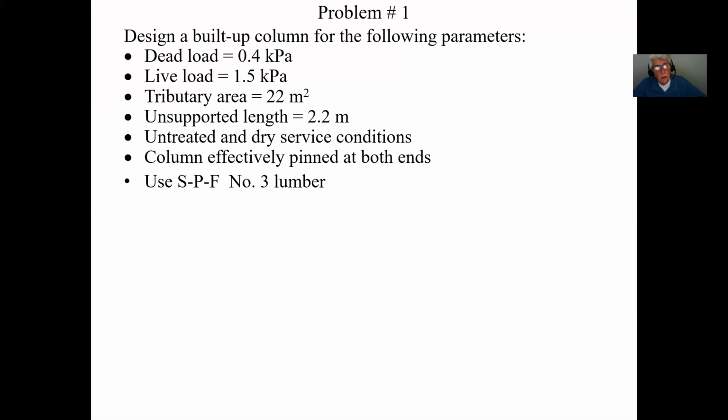Okay, so design a built-up column for the following parameters. We had a dead load of 0.4 kPa, a live load of 1.5 kPa, a tributary area of 22 square meters, an unsupported length of 2.2 meters, untreated and dry service conditions, column effectively pinned at both ends, and of course use SPF number 3 lumber. So basically for case 1, we simply multiply by the dead load, which is very, very